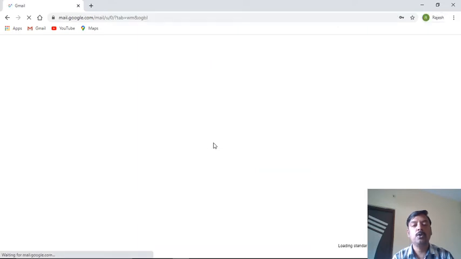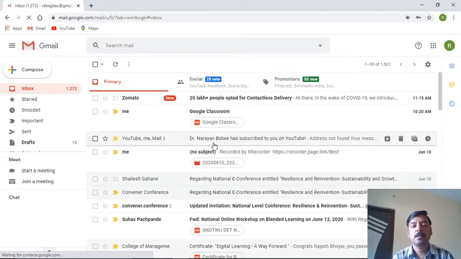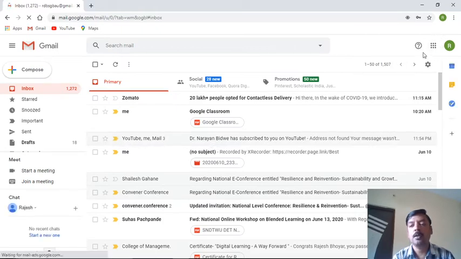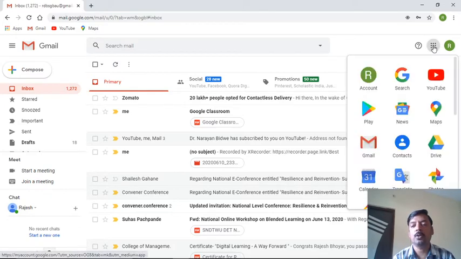Once you have logged in to your account, the next very important part is, again just like I have told you, these are the 9 dots which are appearing on your mailbox. Okay, so the mailbox gets opened, and within that mailbox you can see these 9 dots. Within these 9 dots, you just click on that one. Okay, so you can see some of the tools which are frequently being used by Google, or which most Gmail users might be familiar with.